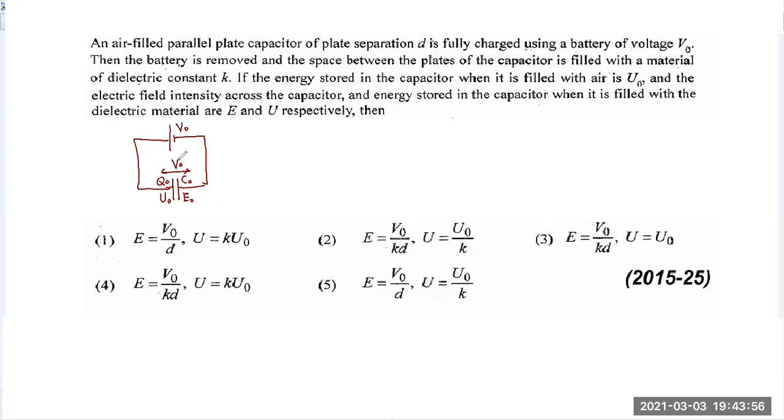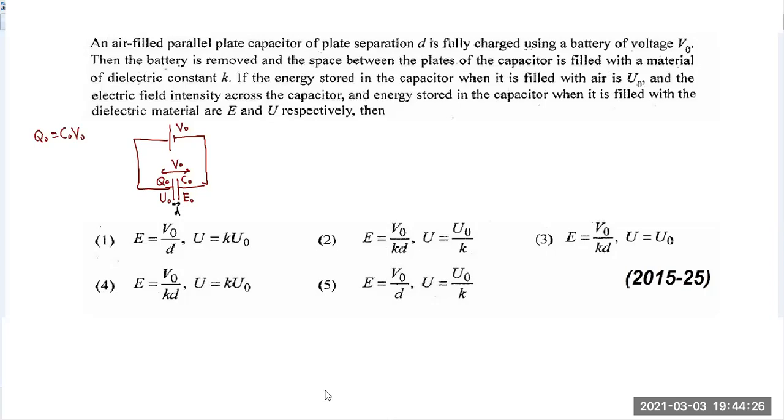Hope you can understand. A capacitor connected to a battery. Let's write everything about this capacitor using these symbols. So what are the things I can write down? Q naught can be written as Q naught equal to C naught V naught. First step. Why? Because charge is equal to capacitance times voltage. This is the definition. We have studied this. And if the distance between the plates is given as D, they haven't changed it. It is D.